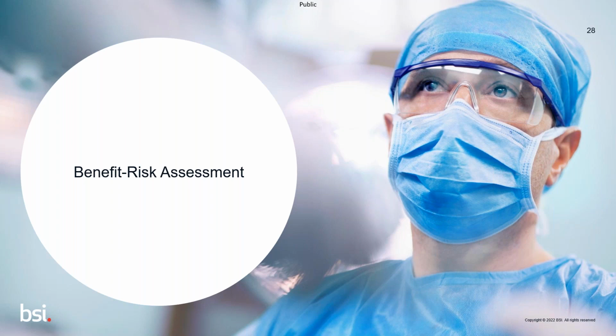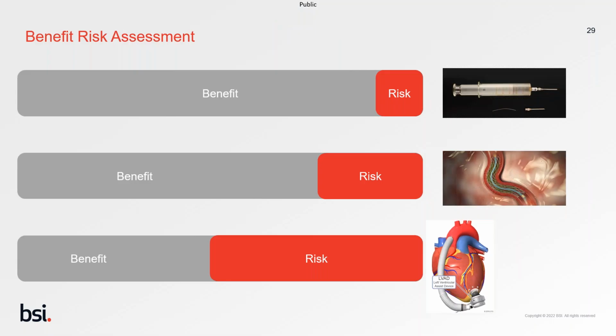Okay, we're going to talk a little bit about benefit risk. So benefit risk, of course, is different for every device, and on the screen now you see various instances or proportions or ratios of where risks are considered. So at the top end we have a syringe which has great benefit in the ability to deliver a drug, but also it has some very small risks, but those are very different to what we see at the bottom of the screen, where, for instance, a left ventricular assist device is a very complex device that carries high risks, even for the duration of the patient's life while they have it implanted. So the risk of stroke is very high in these patients. So benefit risk will differ between each device type.